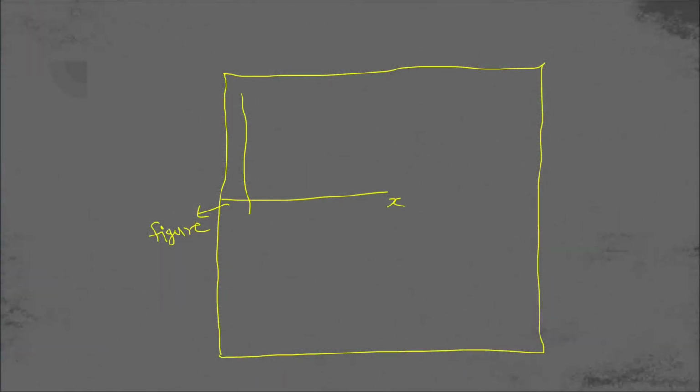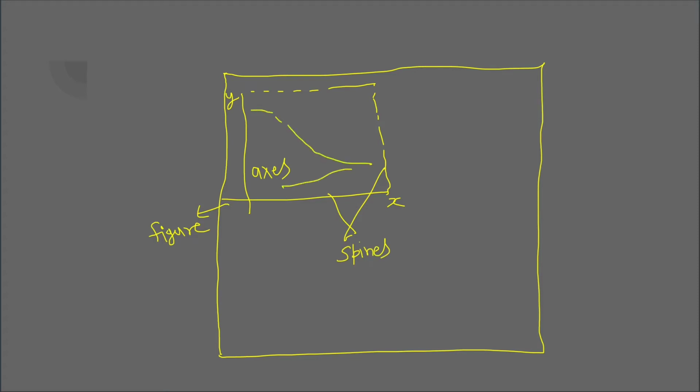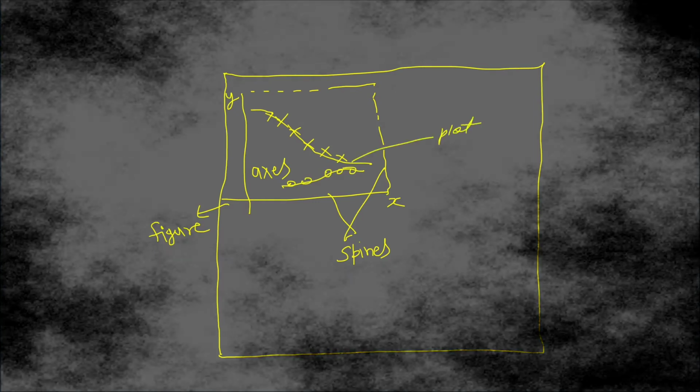So that is your, let's say, x and y, and that would be your axis. We call it axis, and these axes can have all four borders, and these things are called spines. And then you have a curve here, right? So let's say this is your curve. You can have something like this curve or something like this, right? So this is your curve, maybe a line. This is your plot, whether it's a line plot or scatter plot, and for that.